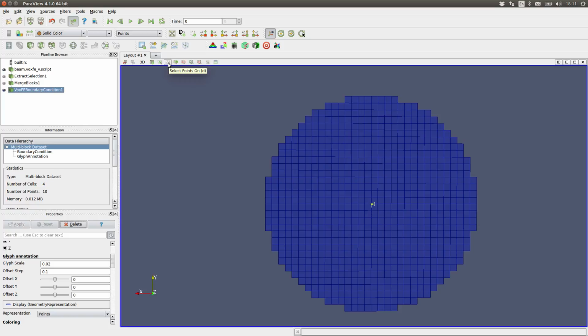the procedure is slightly different. I want to choose select points. Incidentally, I could use this hand draw with polygon option here if I wanted to try and do it all in one, but I don't think that would actually be a lot easier in this case. These other options allow you to click cells and to click right through the object. We definitely don't want to do that. So this is probably as easy really for what we want. I might use the other one at certain times, but these and this one are most useful for our purposes